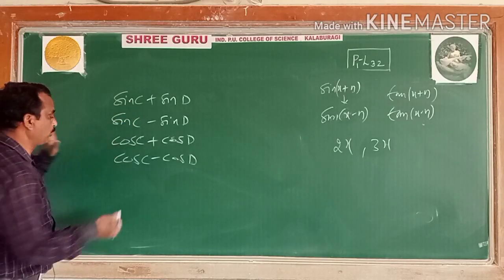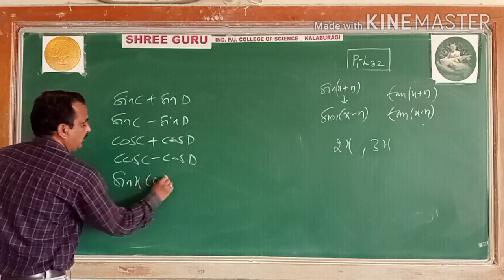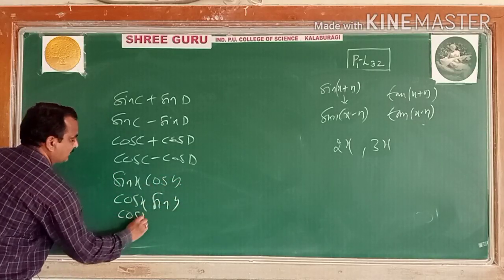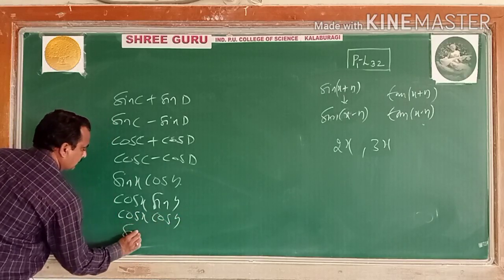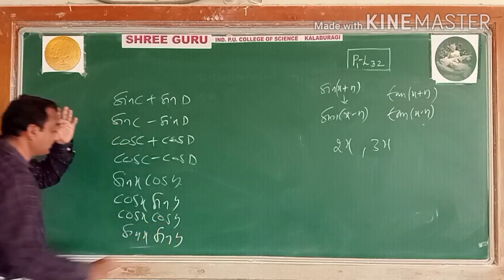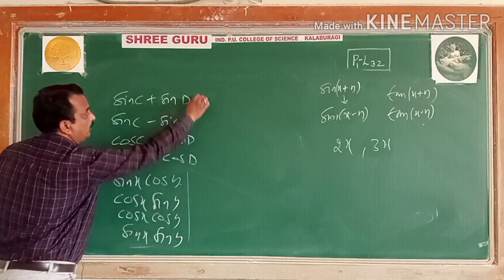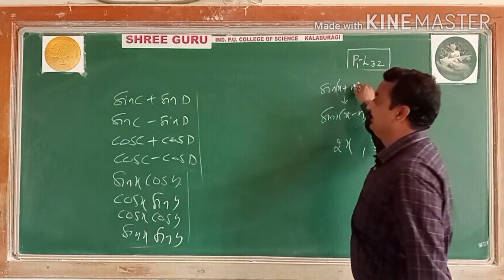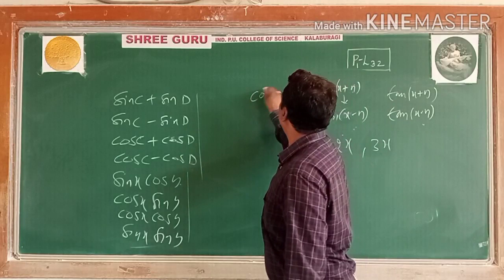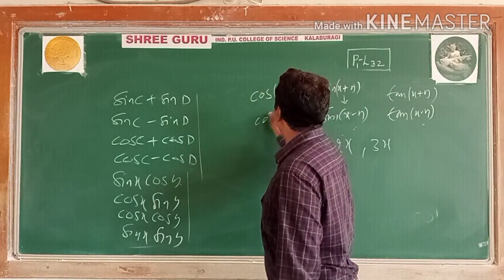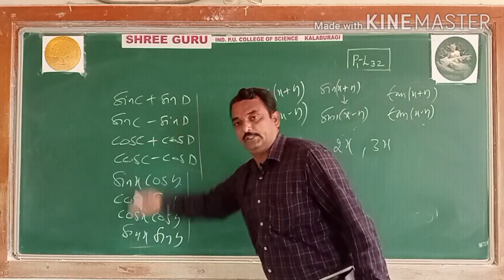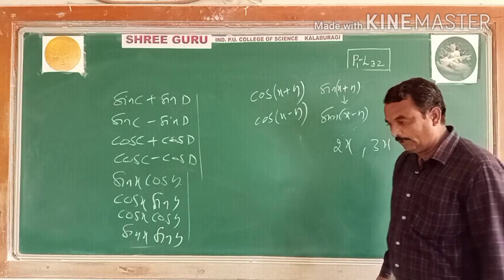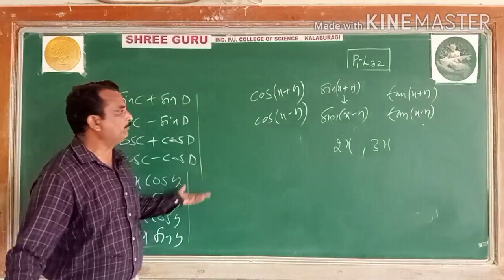Both cos, both sin. Product formulas: sin x cos y, cos x sin y, cos x into cos y, sin x into sin y. You go through all the formulas here. So you have calculated all the formulas. We have transformed, deducing these formulas only by using the sum and difference of sin and cos. So this is known as the transformation formula. Then number of examples we have calculated.